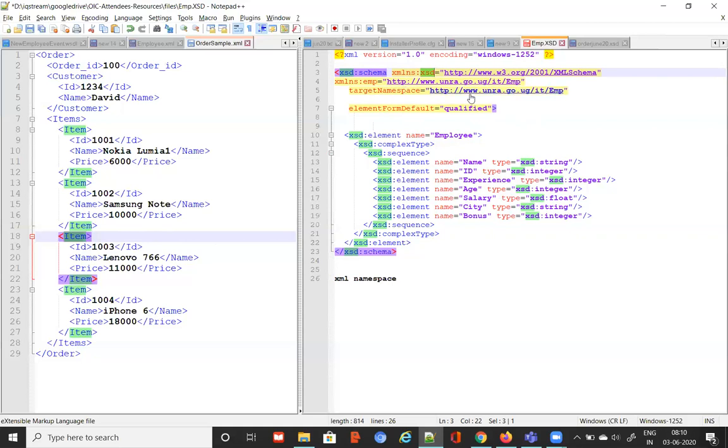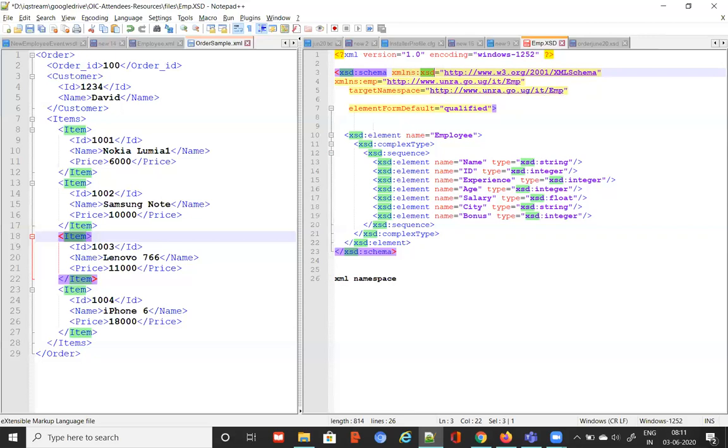That is mandatory. Every XML schema document will be having a target namespace so that whoever is going to refer to the XSD will be able to refer to the elements of your XSD using this namespace. Those two things are clear. One is the standard namespace I'm referring to. The other is that I'm assigning the target namespace to my own document.